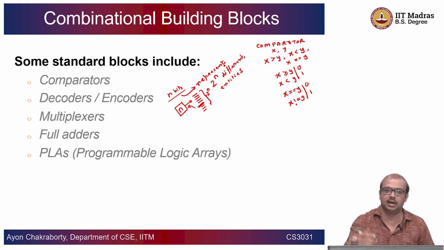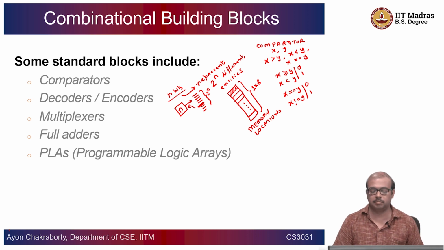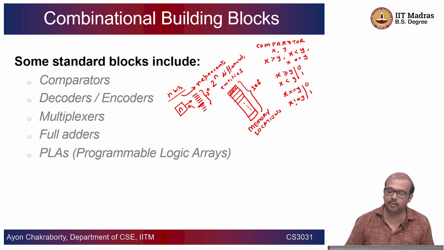So, if there are, let us say, 1024 memory locations, that could be represented by 10 bits. So, these are memory locations. There could be one particular location, and this thing could be 1 byte, let us say. So, I have 1 kilobyte of memory. You have 1024 bytes, and if you want to select one particular memory location,